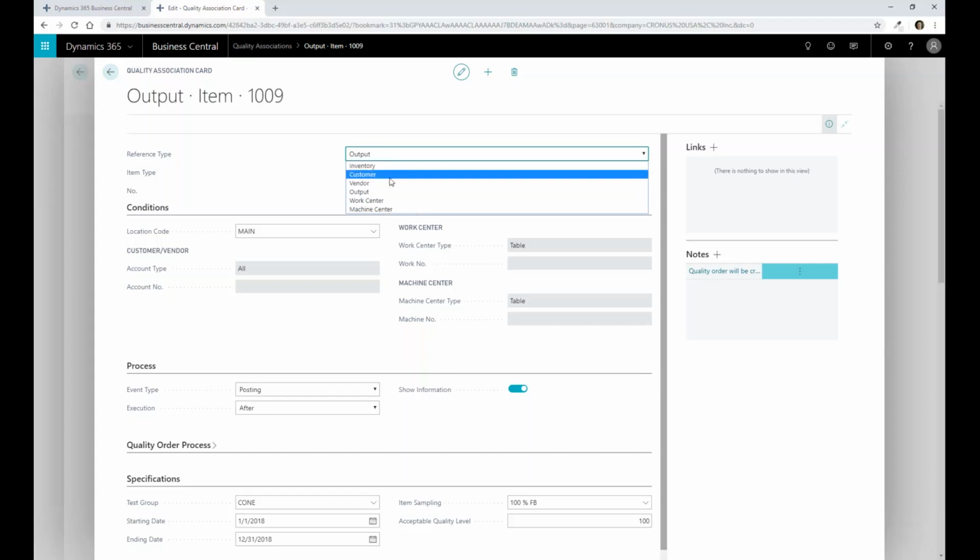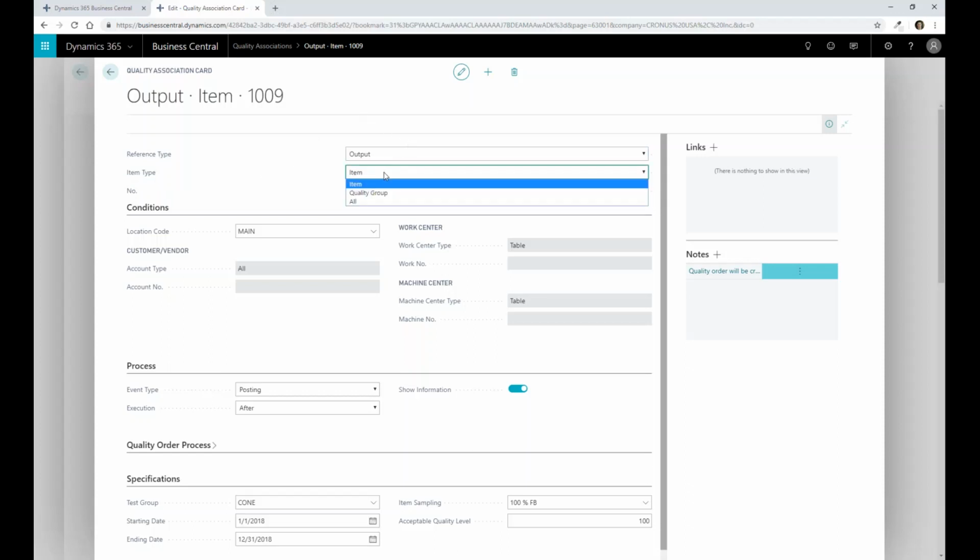We can define all those areas in which a quality order can then be automatically triggered and created, so that an end user needs to go through and input the results of that particular quality order as part of the setup. Other aspects of this too: we can filter by quality groups, meaning maybe you have a group of parts that are the same quality test that you always want to do with it. You can define it as a specific group. You can do it on a specific item, or you can do it for basically all parts as part of